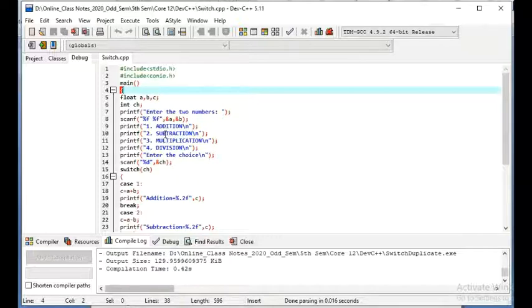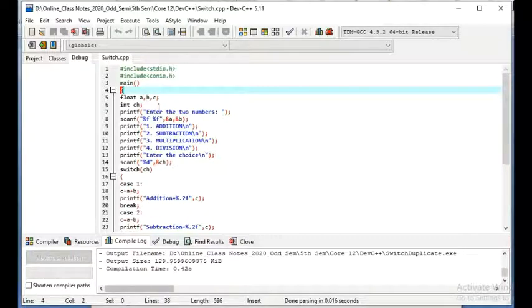Say if addition is our option, then we'll store the addition of A and B into C, and if the option is subtraction, then the subtraction of B from A will be stored in C. If multiplication is the option, then A multiplied by B will be stored in C. If division is the option, then A divided by B will be stored in C.